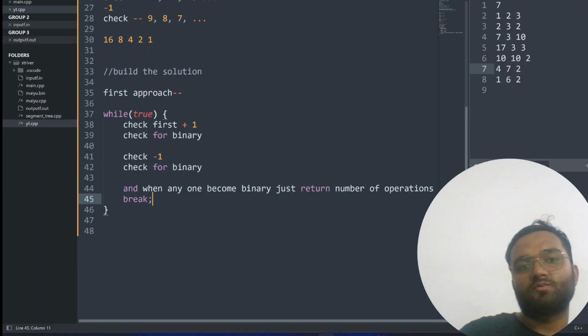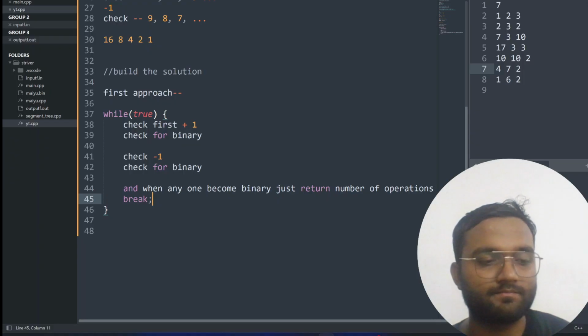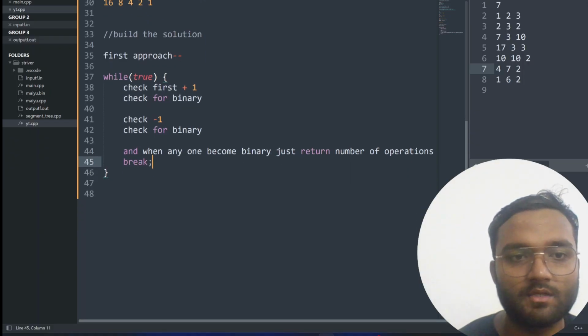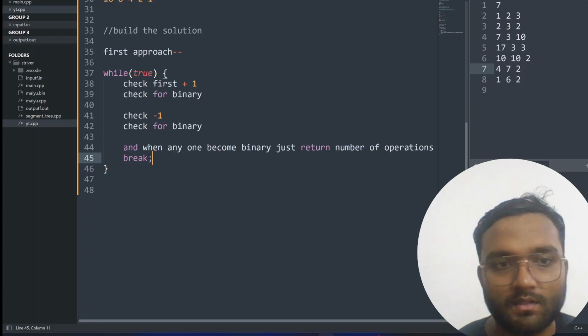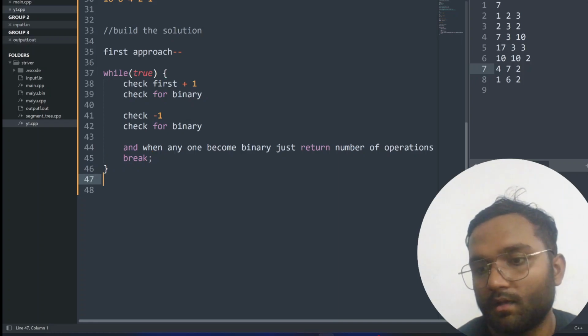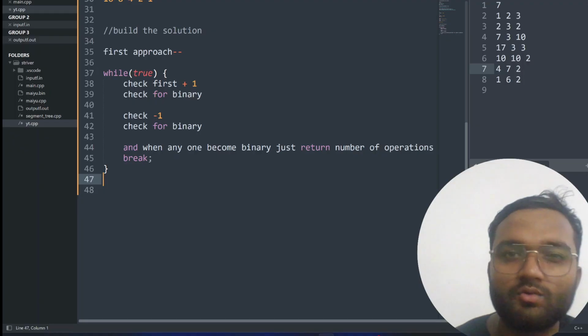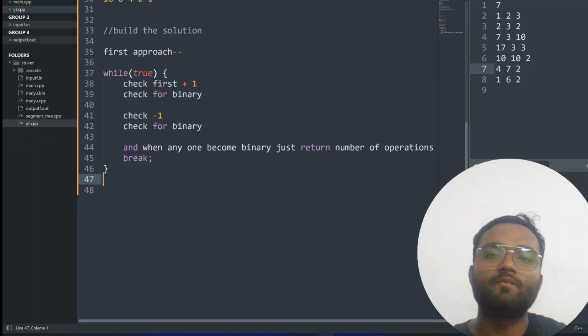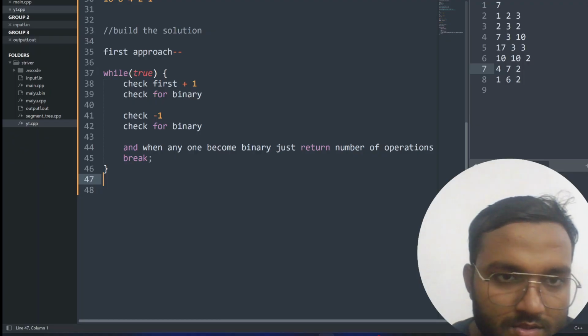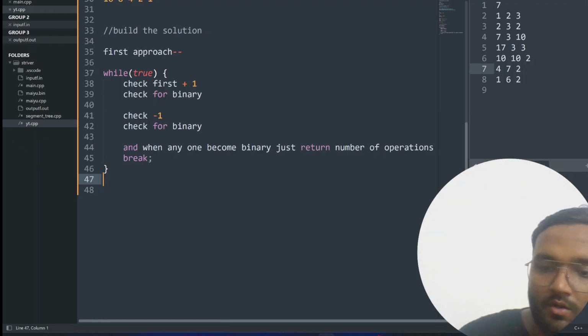This is the first approach that basically comes to everyone's mind, I think. But you can see that doing this will be very time consuming. Okay,